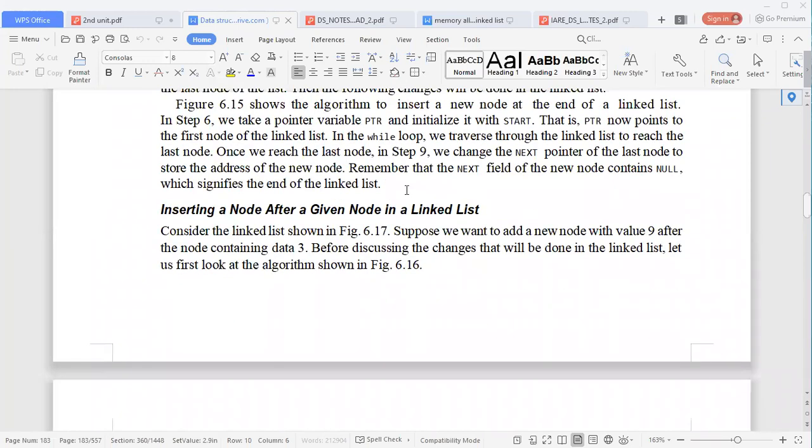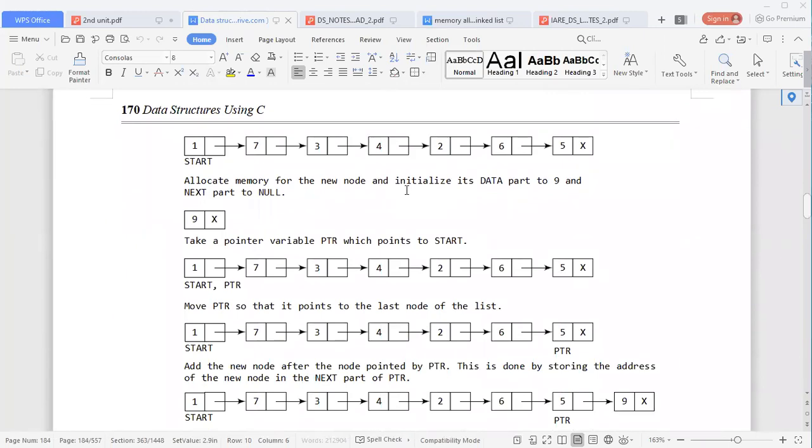So this is the explanation. Initially we had a linked list with 7 different elements. Now allocate memory for the new node: get a new node from the available list, initialize its data, here 9 is added, and then in the next address field of the new node add the value null. These are steps 1 and 2.